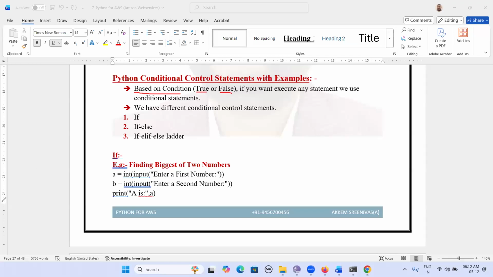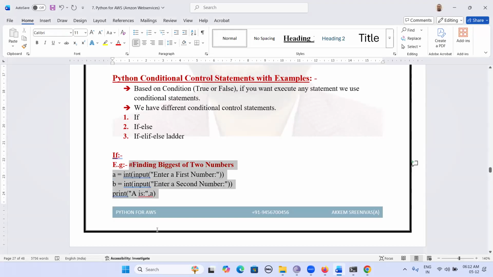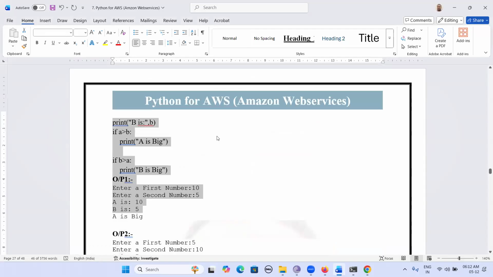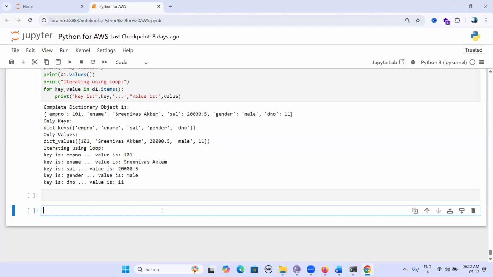First I am taking one example related to if: finding the biggest number among two numbers. That is our requirement. Let me write the program. In this, if you observe,